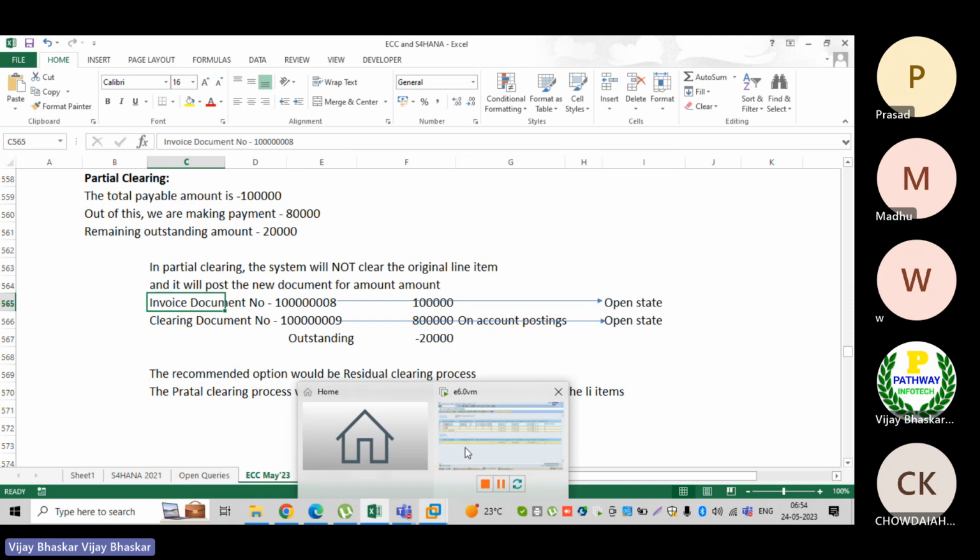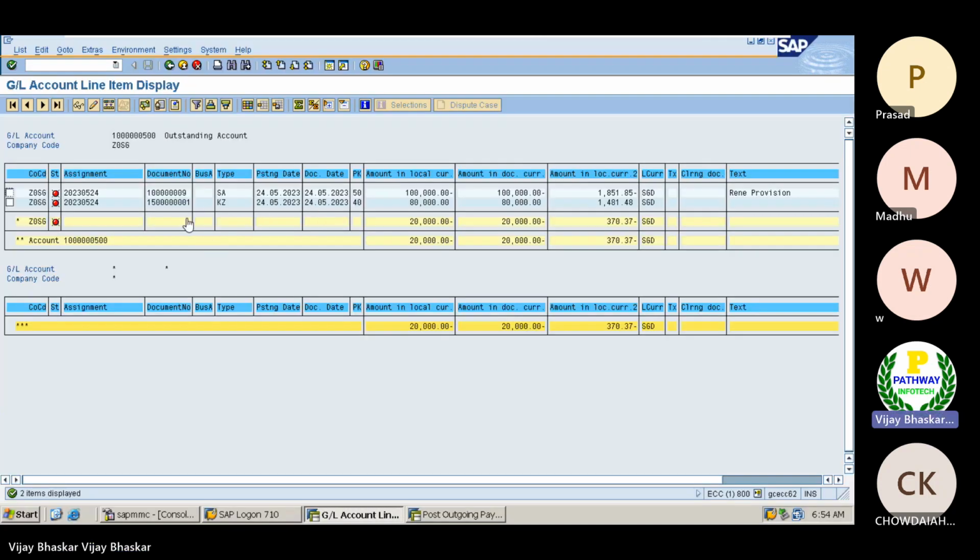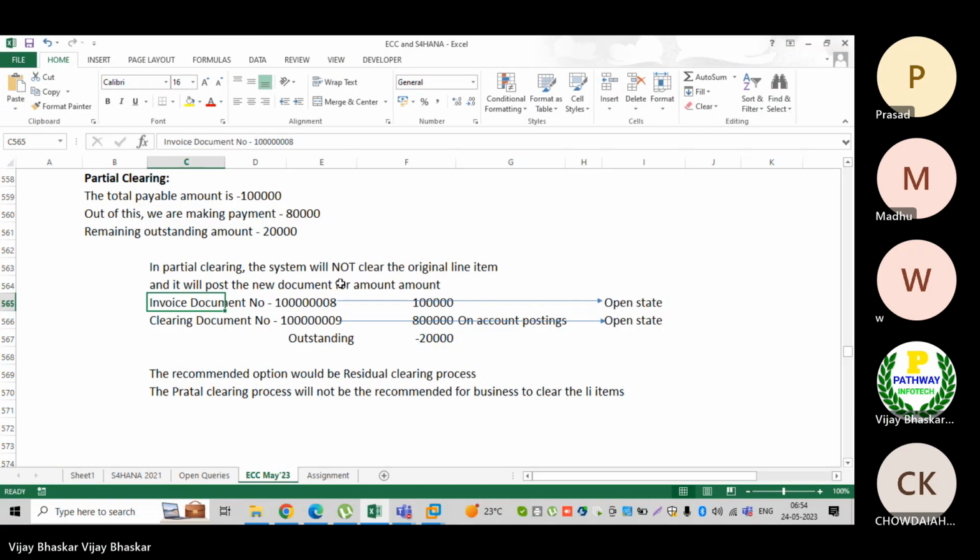Now I will take the two original documents from here and put them in an Excel sheet so that it will be easy for us to understand. This is the document in place of this one.